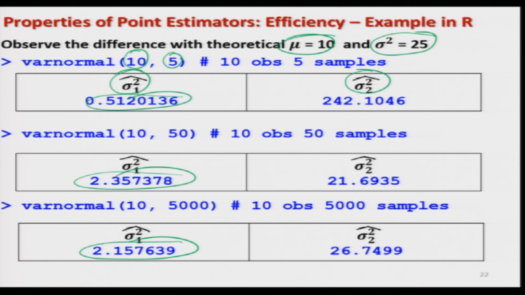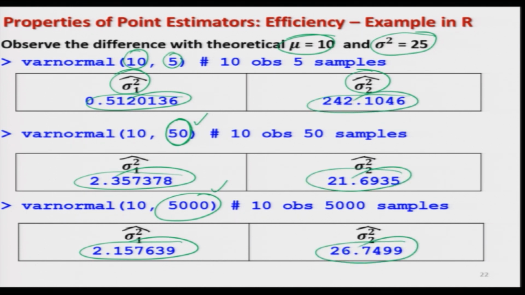So, there is a lot of fluctuation even when you are trying to increase the number of samples. That means, you are trying to generate 50 samples or say even 5,000 samples, right. And in case you look into sigma 2 square hat, this value is like 242, 21, 26. So, you can see both the values are fluctuating, they are varying, but definitely the variations in the values of sigma 2 square hat are much larger than the variance in the case of sigma 1 square hat.